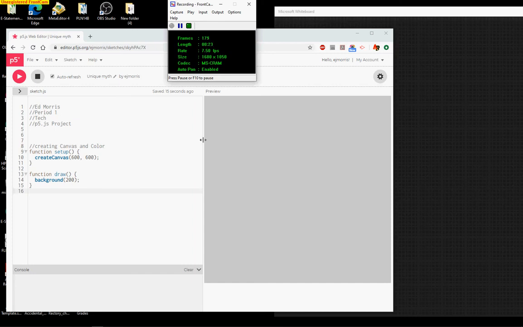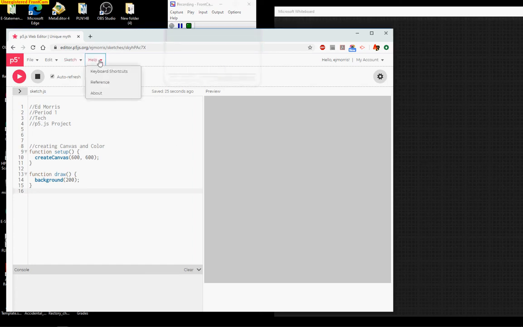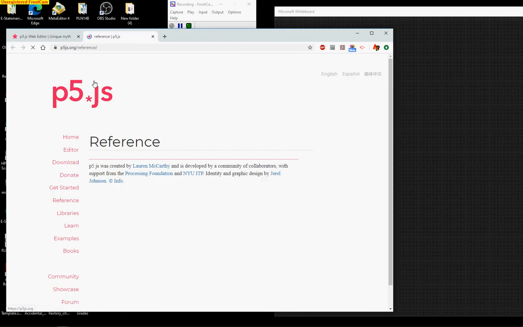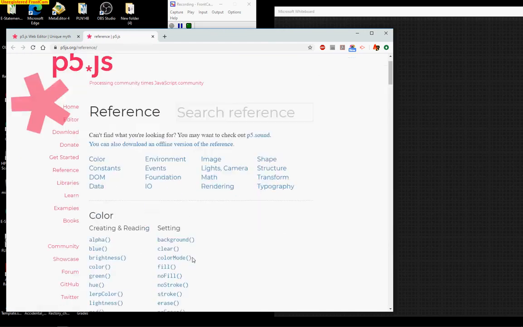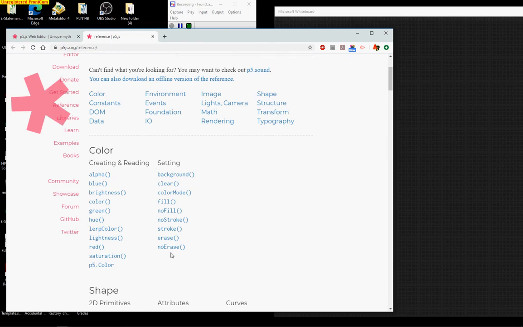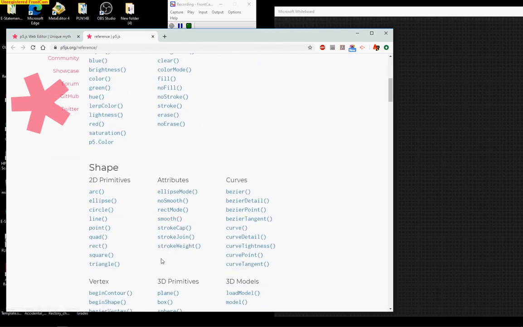Just as a quick footnote to all this, if you're wondering where to jump off from, where you can go find sort of a cheat sheet for all the different geometric shapes, go up to the help and go to reference. It's got a great list, absolutely great list. It'll talk about color, all the different ways of color. It talks about all the different types of shapes. Now we're going to be working in the 2D primitive ones just to keep it